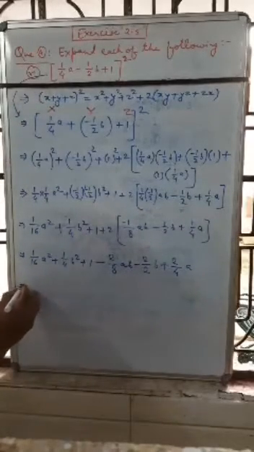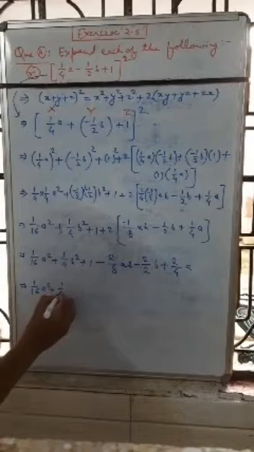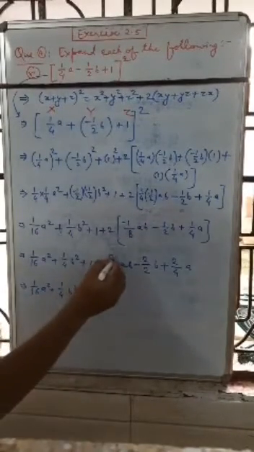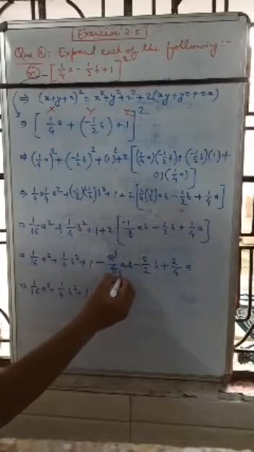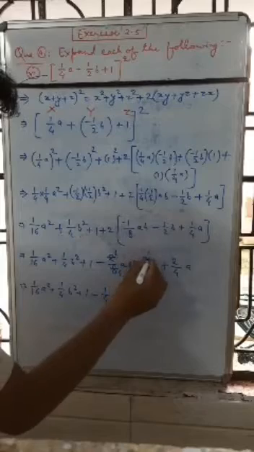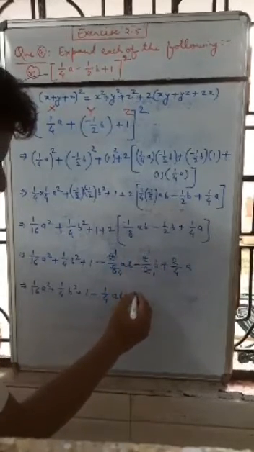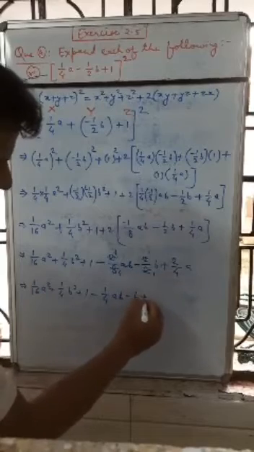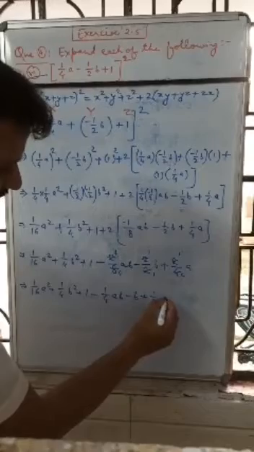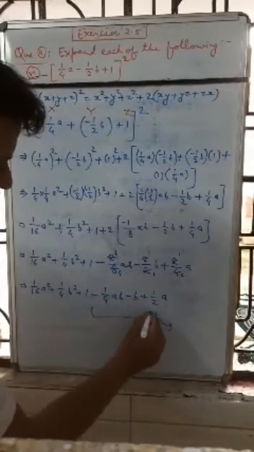Now last step of the problem, 1 by 16a square plus 1 by 4b square plus 1 minus 2 1 ja 2, 2 4 ja 8. So what remains here? 1 by 4ab, 2 1 ja 2, 2 1 ja 2, so 1b, 1 into b, or plus 2 by 4, 2 1 ja 2, 2 2 ja 4, so 1 by 2a. So it is the answer of the given problem.